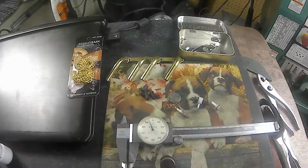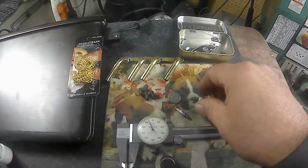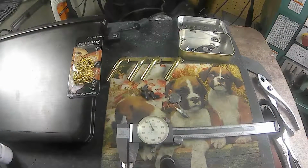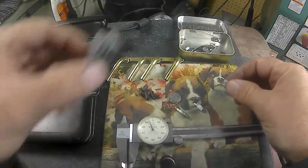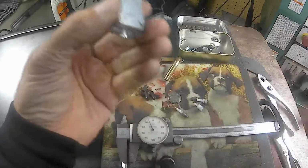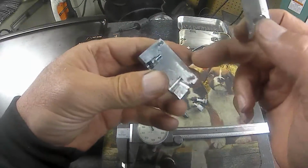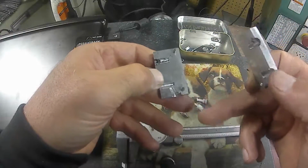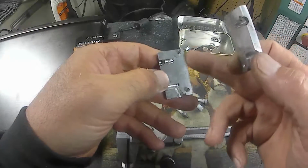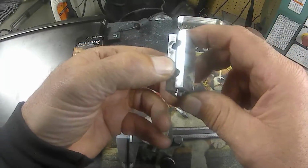But I'm happy with the way the rubber is setting up. So anyway, I'm going to continue on with that. And now I'm debating on whether to make it out of Teflon or not. Or just continue on with the aluminum here. I was thinking if I had enough room, I could finish this one out and put two more on the other side. But unfortunately, it's not long enough. So anyway, that's where I'm at